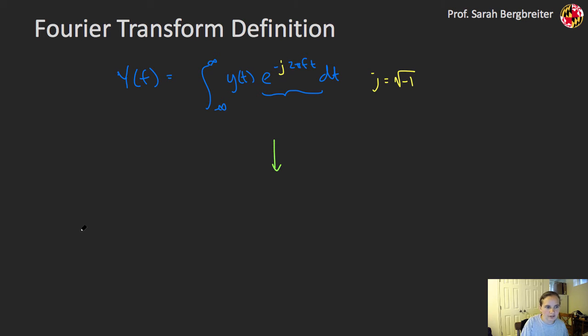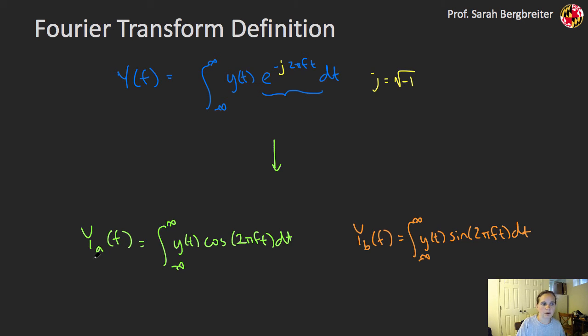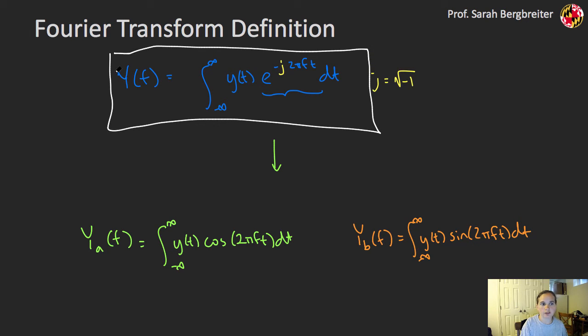So I could also think of this as my two complex frequencies, say YA of f and YB of f, and I could define those very similarly to what I did for the Fourier series. My YA coefficients, I would be multiplying by a cosine term. My YB coefficients, I'd be multiplying by a sine term. Right? So it's effectively the same thing. I can just make the math a lot simpler and just use one coefficient. So now I just have to worry about capital Y, that's it, if I use this y of t and